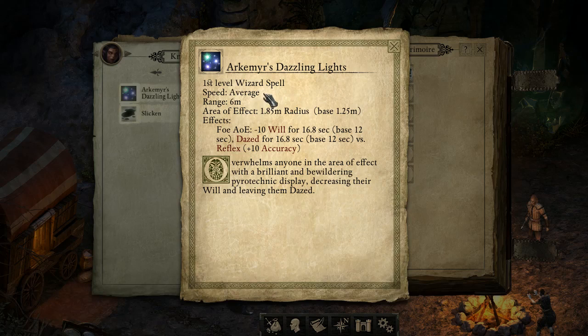It has an average casting speed, which I think means it's got a 30 frame cast time, but I'm not sure. I think that's what it means. The cast range is 6 meters in game length. The area of effect is 1.85 meter radius. Now that's modified by intellect, and this spell is a faux AoE, which means it does not affect allies, and it reduces enemy will by 10 for 16.8 seconds, which is the modified duration, modified by intellect